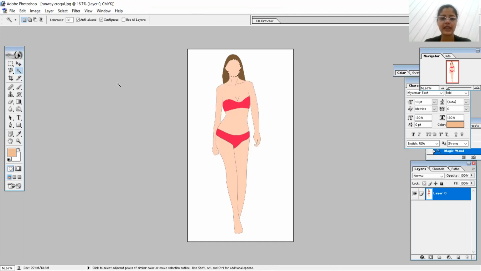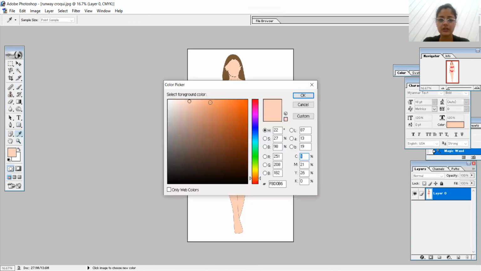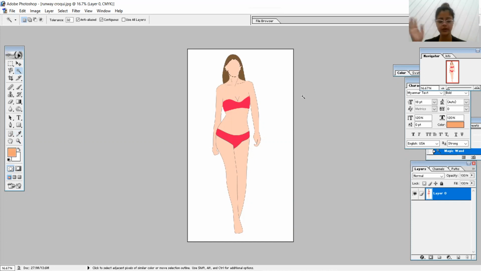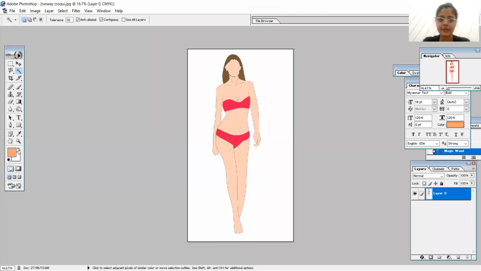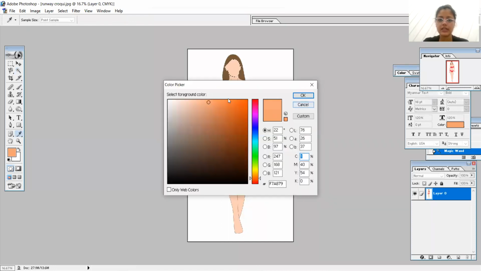So starting from the face, firstly just check out the base coat color. This is the base coat color of the skin. Here we need to focus on what other shades we can take, to add more colors. So selecting the face, base coat is this. Let's pick up the darker tone, this much. And assume which part you want to show more dark or more light. Here, I have simply taken a darker tone of the same base coat.